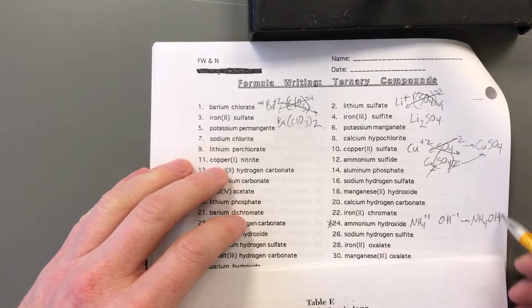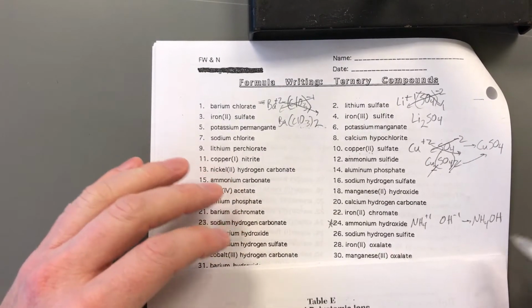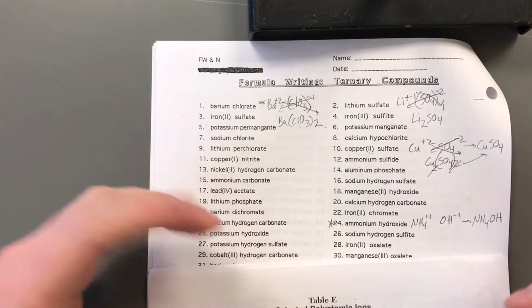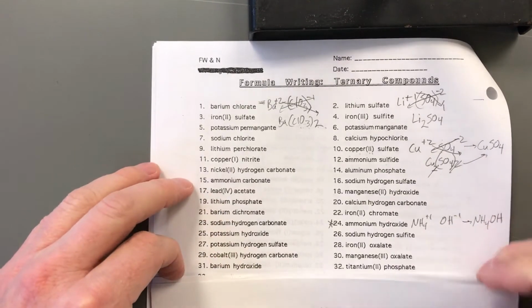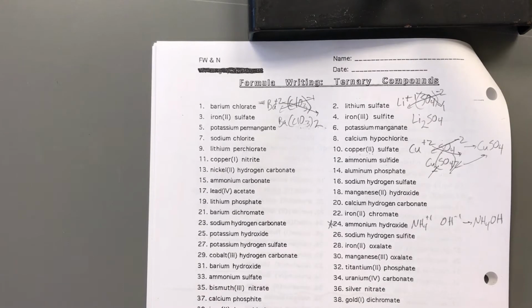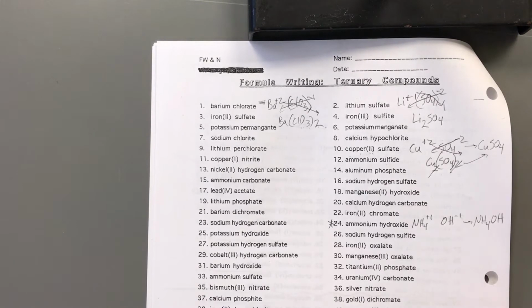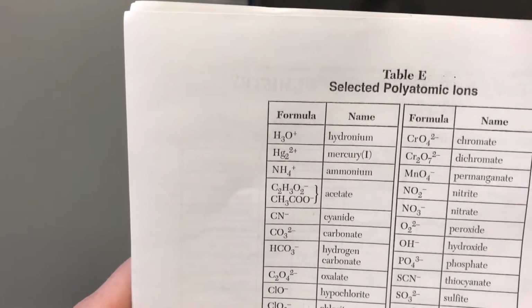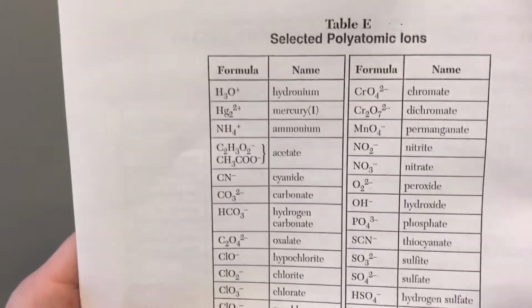I don't have to worry about parentheses because, again, I have not changed any of the other numbers, but there could be cases where you possibly do that. Let me just take a quick glance to see if there are other ones that start with a polyatomic on the front. It looks like most of them are starting with an element, but again, it can be the case. And that's, if you think about this chart